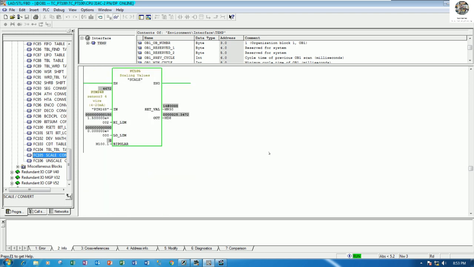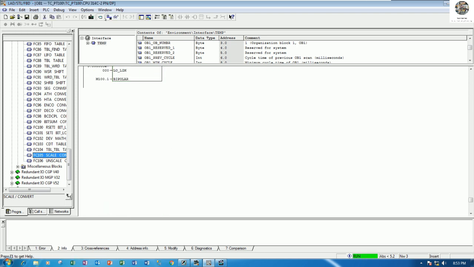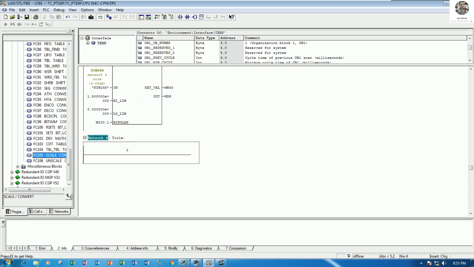So let's create, go offline, and then insert one more network for the signal from module 2 of PT-100 sensor, channel number 1. Okay,